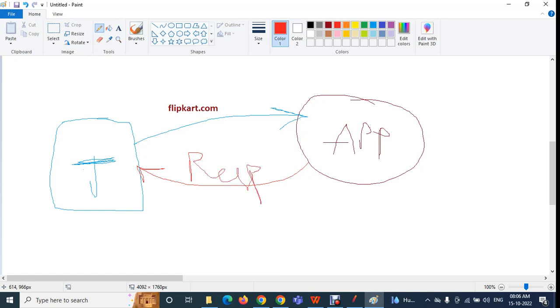So the response can be given by the application server. Here, whatever request you are sending, that is flipkart.com, and whatever response you are getting, those things can be captured by the listener. Using the listener, you can capture what request you are sending, what response you are getting, and how much time